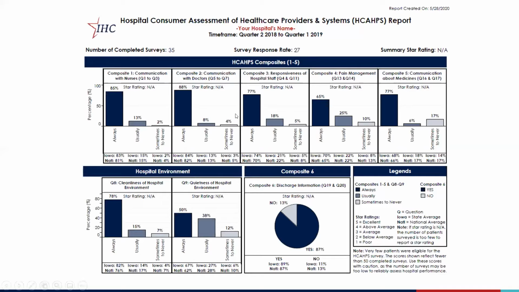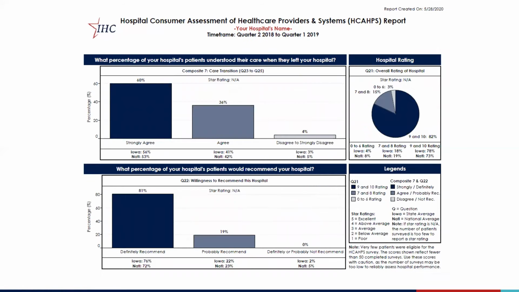This continues all the way through composite 6, and then you'll see the legend over here on the right, which walks you through the boxes, your star ratings, and then the note. If the star rating is listed as NA, it means the number of patients surveyed is too few to report a star rating. As previously mentioned, HCAHPS does have quite a bit of information on it, so this report is